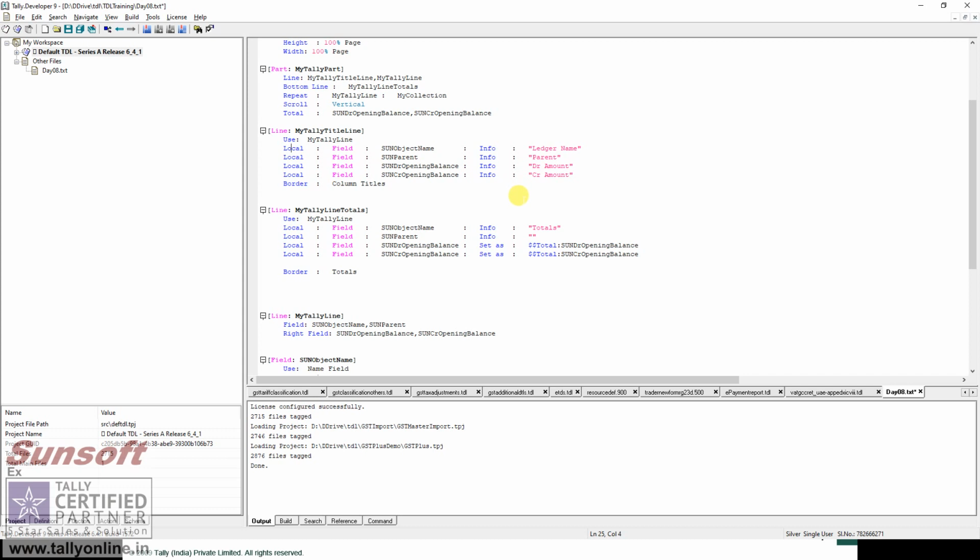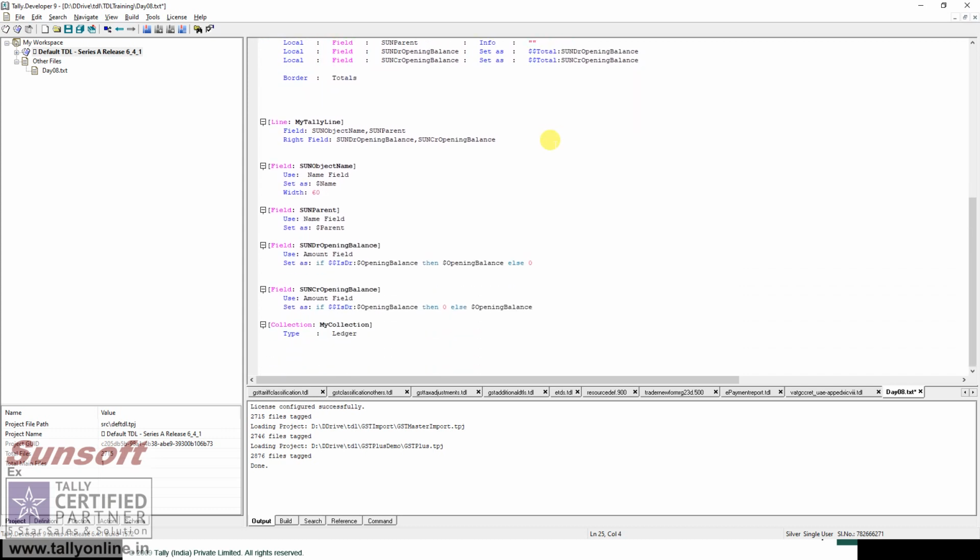I can do anything. I can set the style, change the font, change the border, whatever I have defined. That is the power: you can inherit and then change whatever you want. That is what local does.